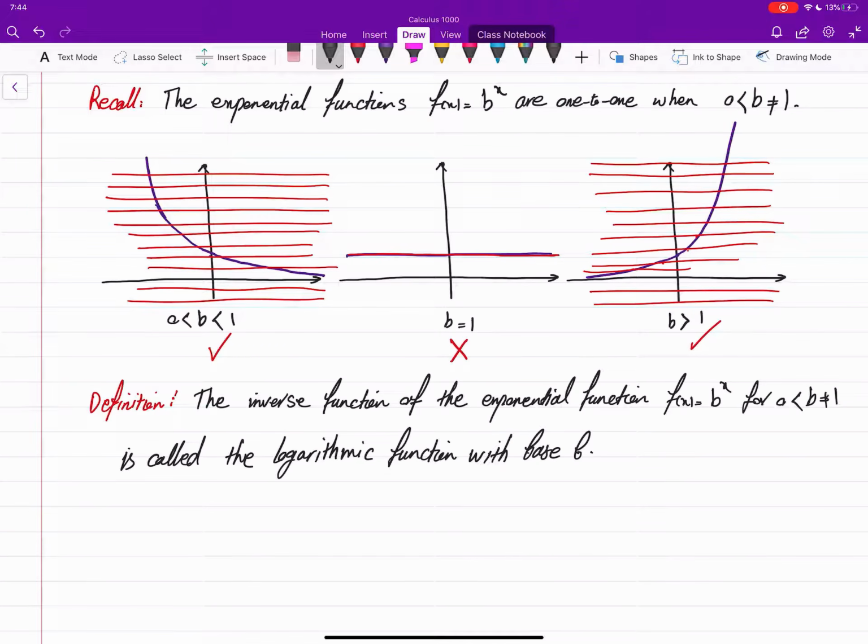The same base for the exponential comes here, and we have this, and we denote it